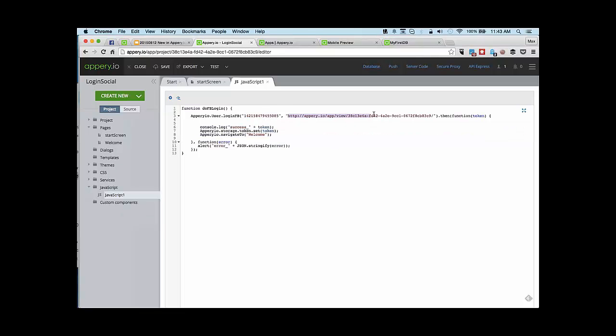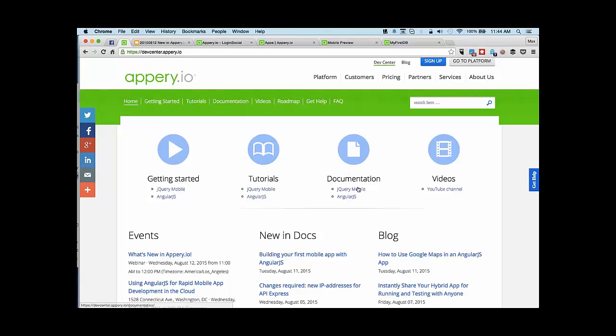And then you specify this is your app URL, which is basically right here, right? This is the running app URL. And that's it. And this is how you're going to log in into Facebook. I mean, that's basically all you need to do. We do have an API that I'm going to show you in a second